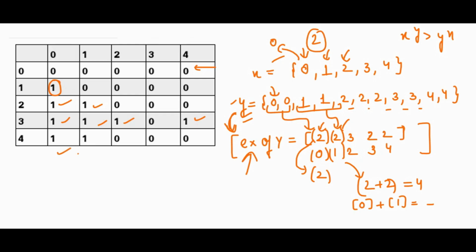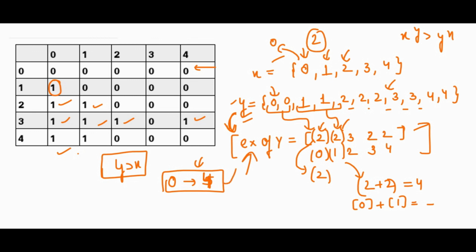So what we will do is we will store the frequency of all the numbers present in y in the exception of y array only till 5. That means from 0 to 5 we will add, otherwise this condition, y is greater than x, will work everywhere. Just from 0 to 4 we have to store the frequencies in the exception of y array, because only for 0 to 4 there are exceptions, otherwise this condition will always work. Okay, so this way you have to solve this question.